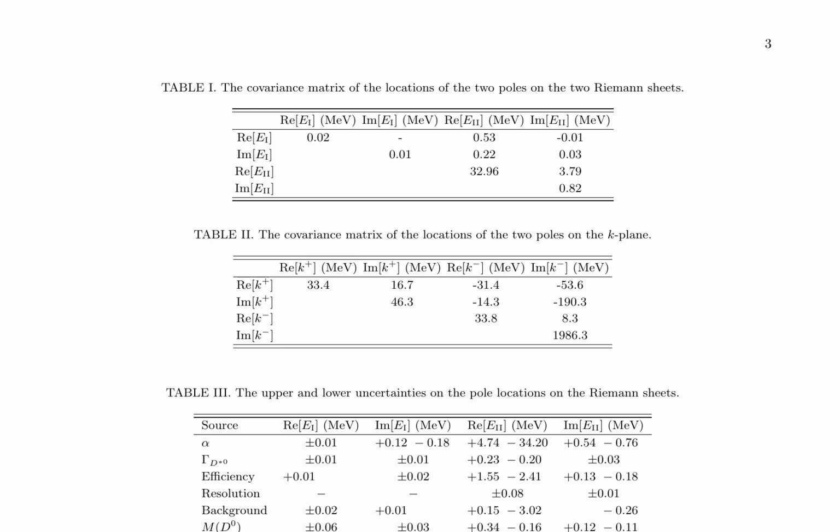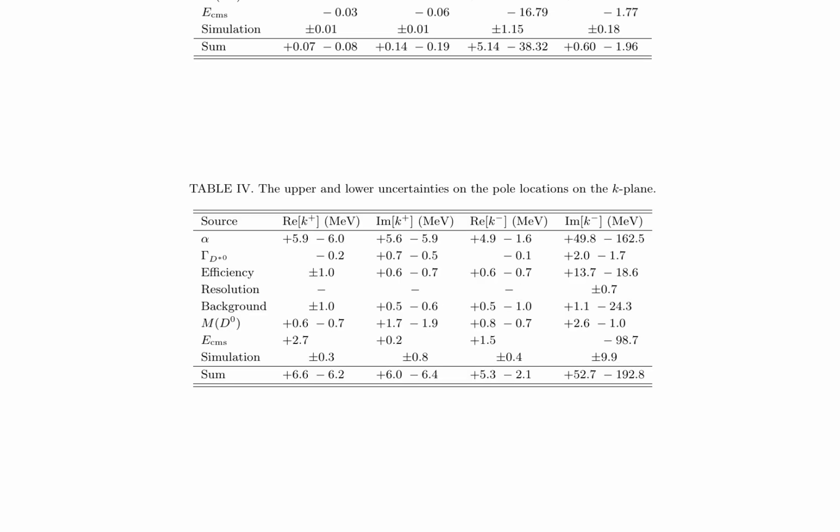The values indicate a strong correlation between the real parts of the pole energies, with a weaker correlation between the imaginary parts. Table II shows the covariance matrix for the pole locations on the K-plane, where Re K+ and Im K+ are the real and imaginary parts of the first pole's momentum, and Re K- and Im K- are the real and imaginary parts of the second pole's momentum. Here, there is a strong correlation between the real parts of the pole momenta, and a weaker correlation between the imaginary parts. Tables III and IV present the upper and lower uncertainties on the pole locations on the Riemann sheets